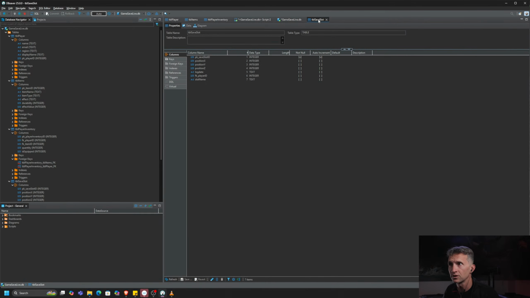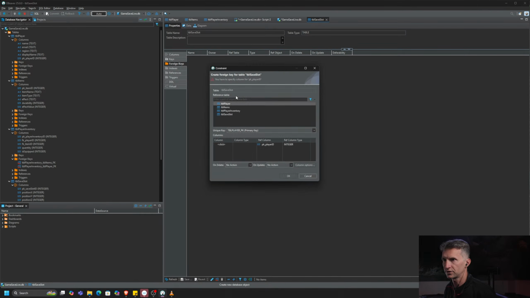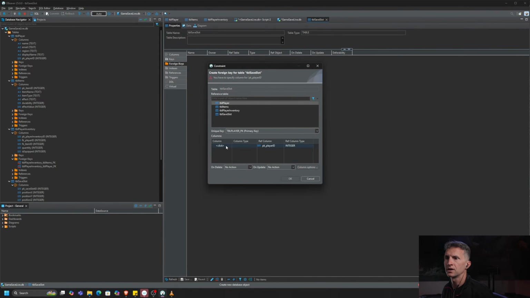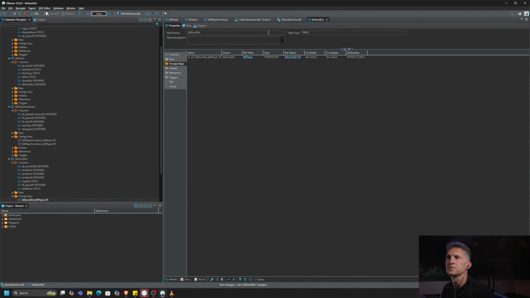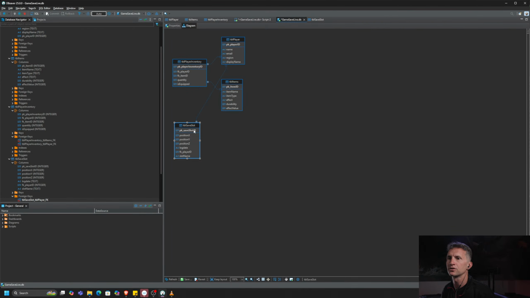So if we go back to our save slot, we can set up our foreign key. If we insert this, we're going to take our foreign key for our player ID. It's an integer we're going to associate with that. We'll go ahead and do that, save that, execute that, and then go back to our save slot. And now you'll see we have our save slot. However,